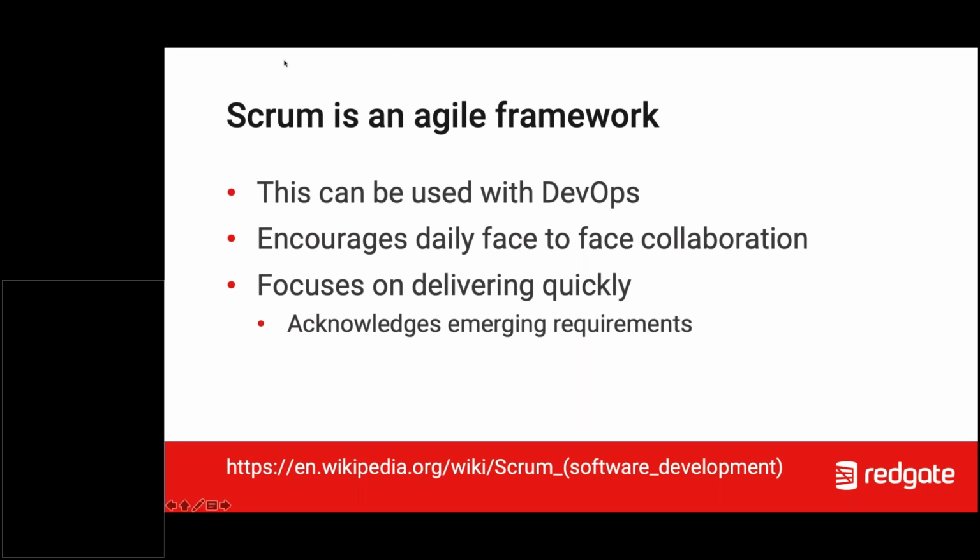Scrum often does go in with this. So Scrum is an Agile framework that can be used with DevOps, and the benefits of Scrum work very well with DevOps culture, right? It emphasizes face-to-face collaboration, whether we're in the same room or not, but maybe using webcams. And then also, the thing that I think is also very fundamental to why this pairs with DevOps is acknowledging emerging requirements. If we are focusing on